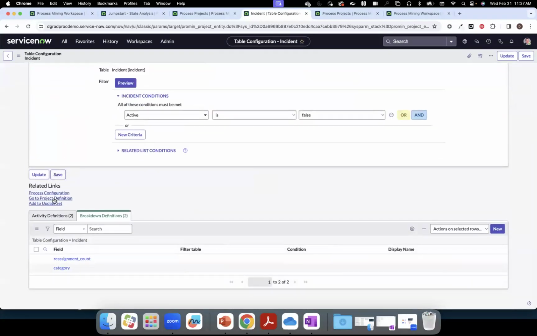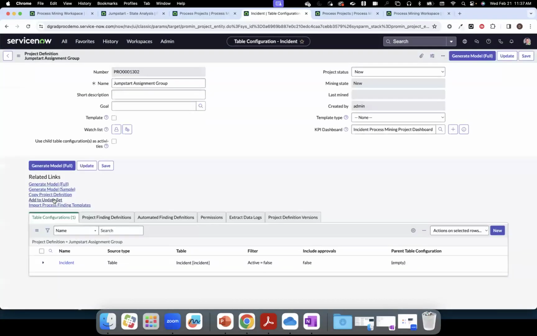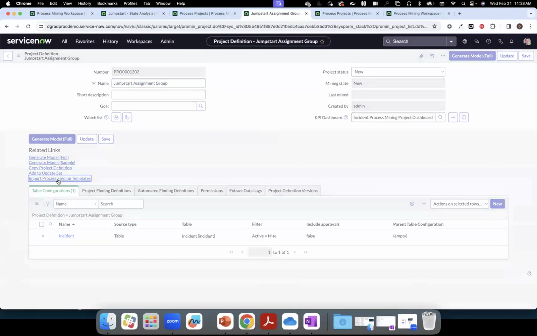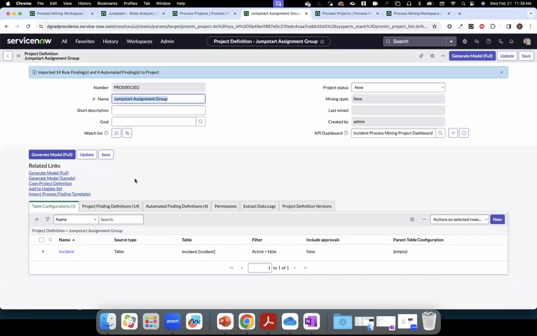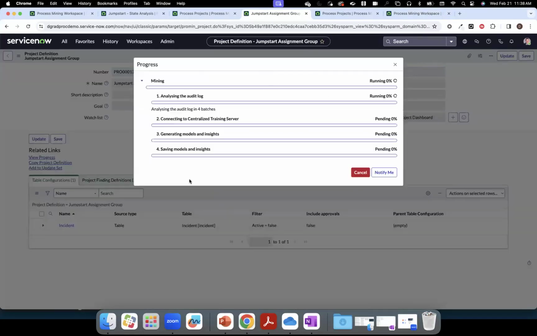Same as before, we'll go to our project definition. We'll import our process finding templates. And then we'll hit our generate model sample again. This will do exactly what it did the last time. It's going to go out. It's going to harvest the relevant audit log data, pass it off to the machine learning infrastructure, do all the work it needs to do there, spit the finished model back into the instance,